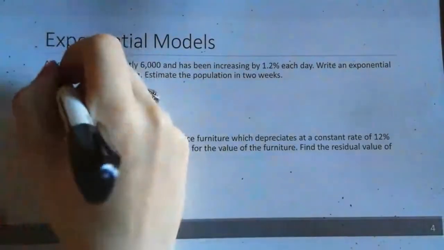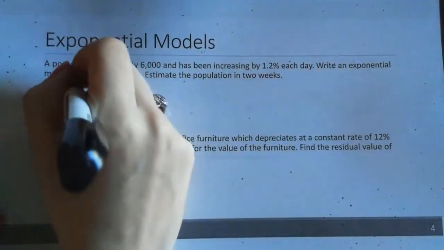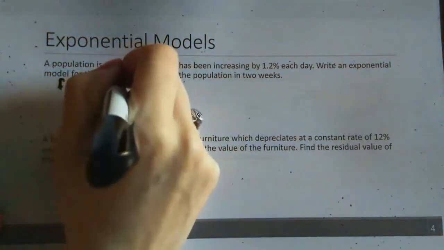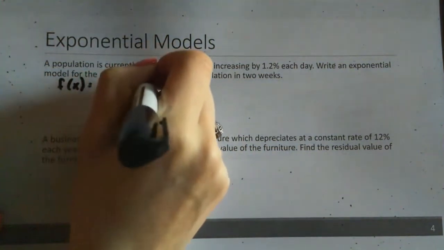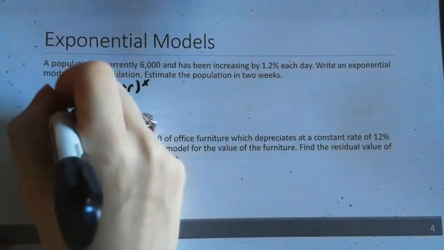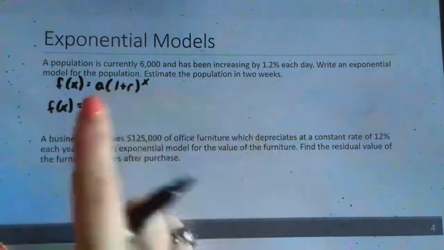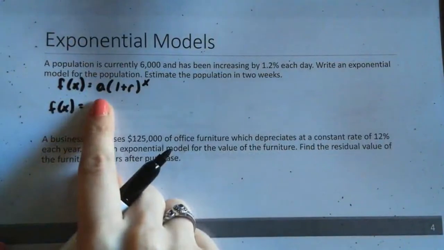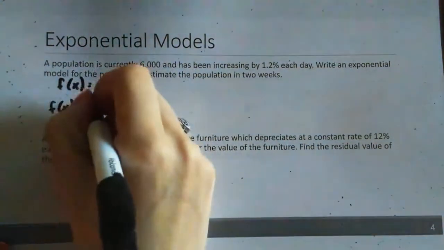I like to think of this as f of x is equal to a times 1 plus r raised to the x power because we were given our percent increase. So in this case, we'll have f of x is equal to a, that's our starting value. In this case, that's 6,000,